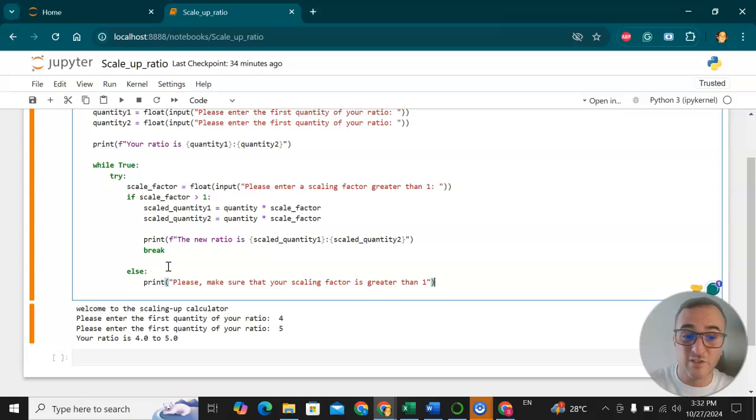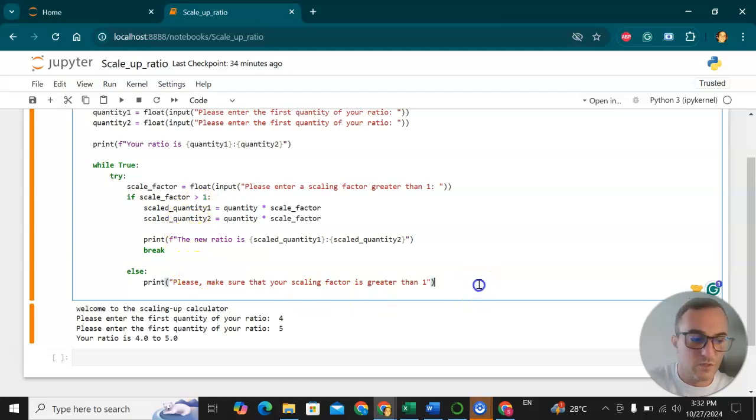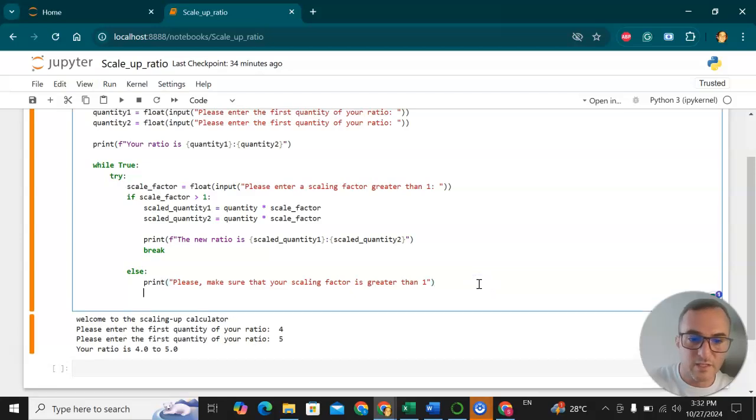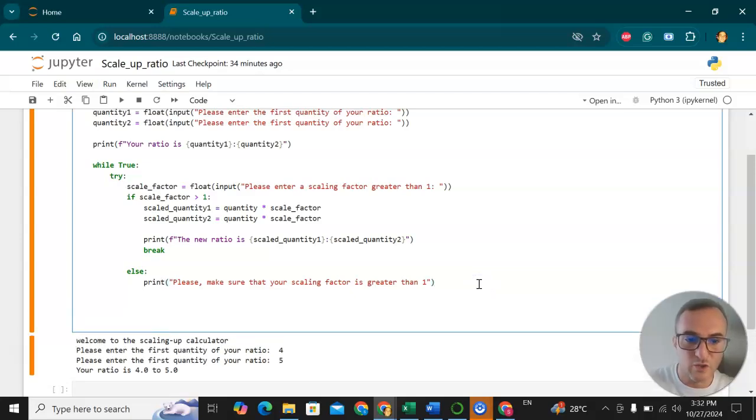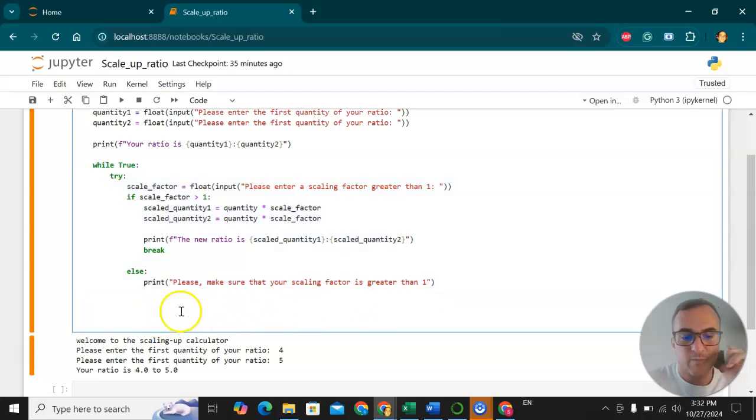Because that means that if I go to else, if this doesn't work and I have to go to else, that means that the scaling factor that has been provided is not greater than 1. Alright, cool. So we're almost done here. There is another thing that goes together with try. And try is right here, right? Try is at this indentation right here. So I want the program to try all of these things except,